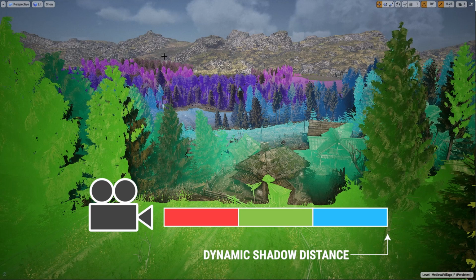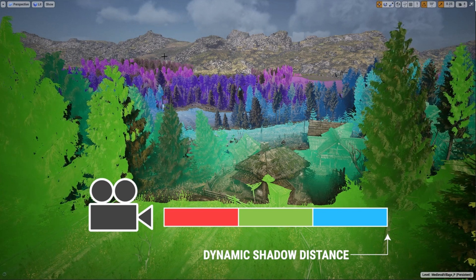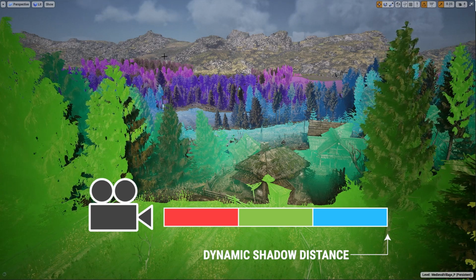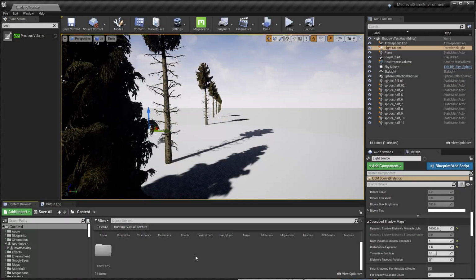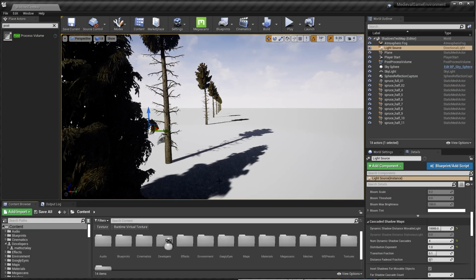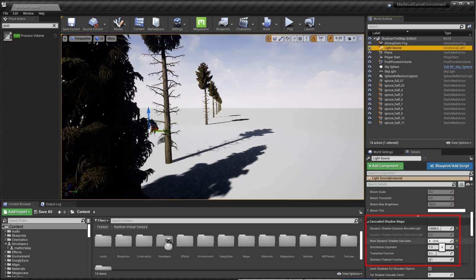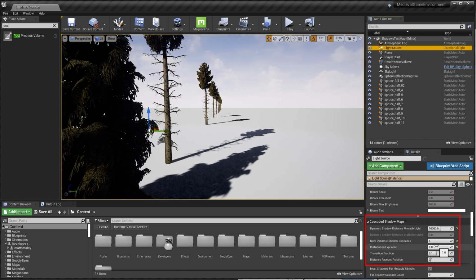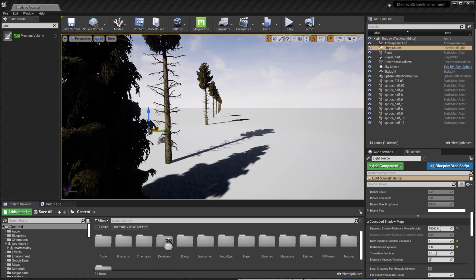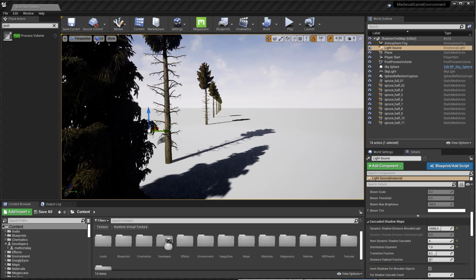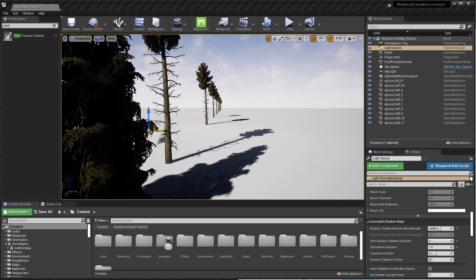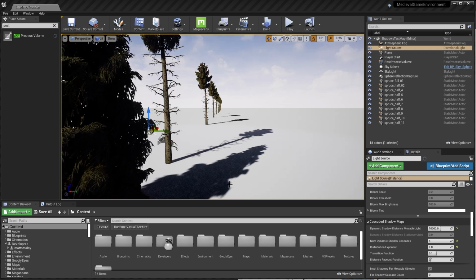Then, we draw a depth map from the point of view of the directional light and use the information to figure out what is or is not in shadow. Let's take a look at this sample scene. We've got 4 cascades, a dynamic shadow distance of 10,000, and a distribution exponent of 1. This means that roughly each cascade covers 2,500 units. I've spaced out each of these trees so that there's only one per cascade, along with a tree nearby to cast some noisier shadows close to us.